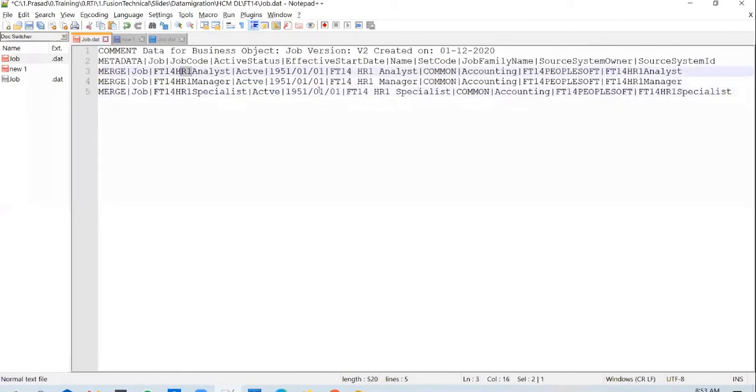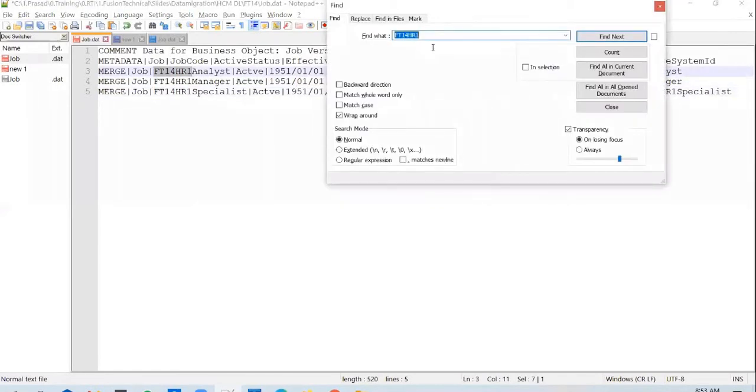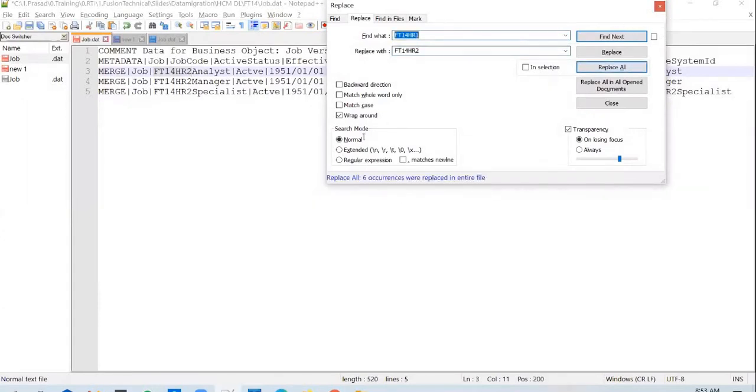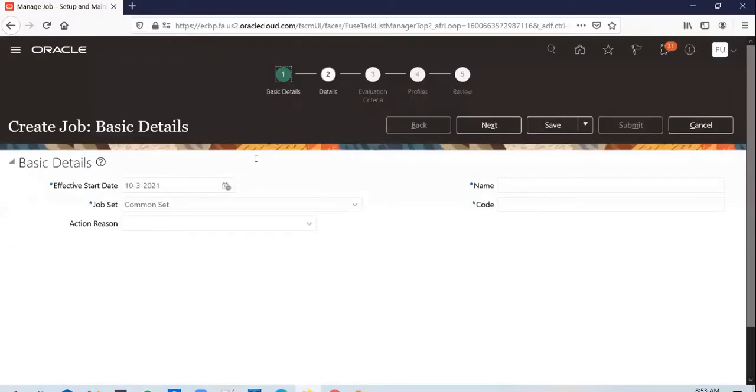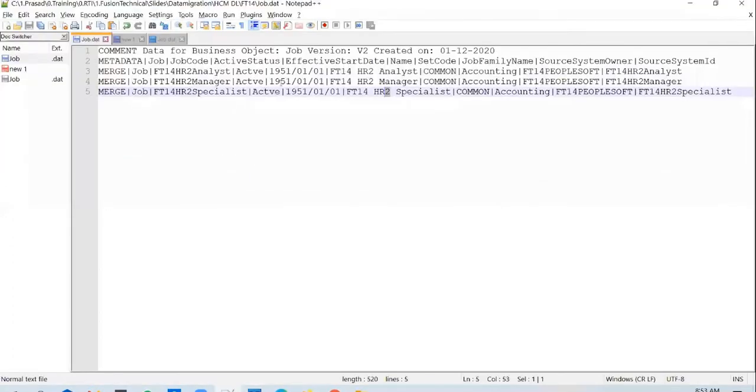Okay, so let's change this. Let's quickly load in this file, and let's change this to HR2, replace all, and change this to HR2, and load in this file. So this time we only have a problem with the active status. The date format is correct.